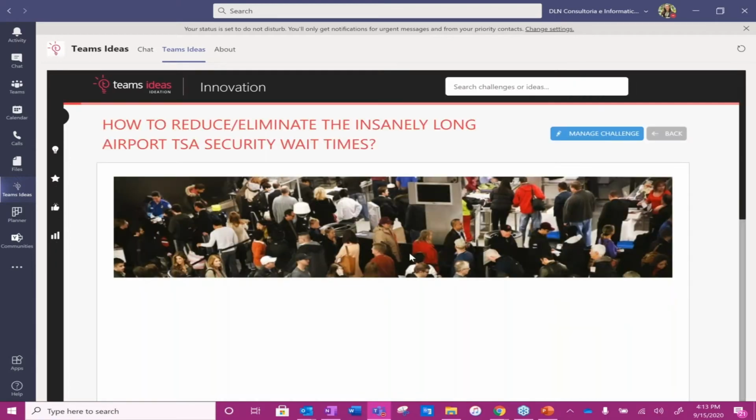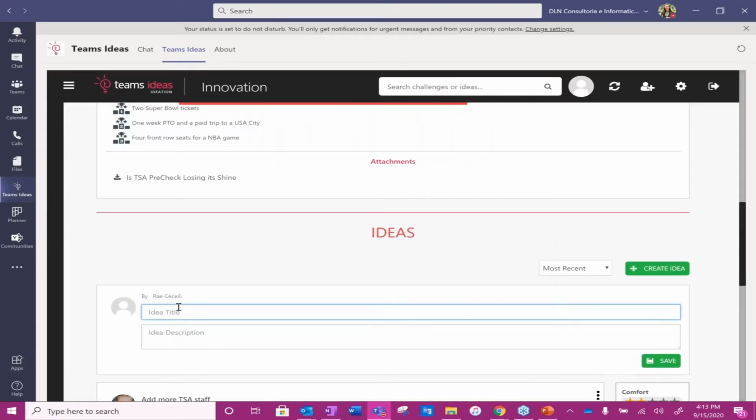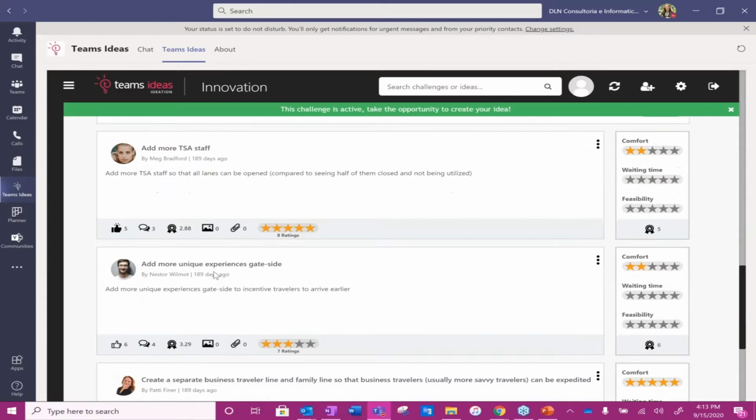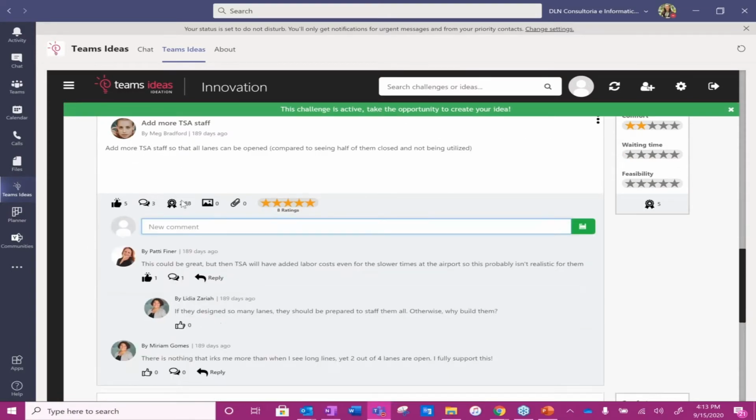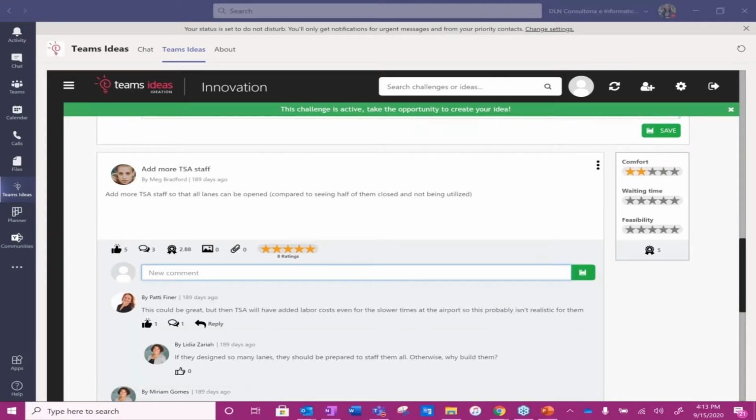And it's as simple as clicking add idea, putting a title, a description, and then here you can see how others can collaborate on new ideas that are added. And they can comment off of comments and like and collaborate. You can also see over here on the right, we've got